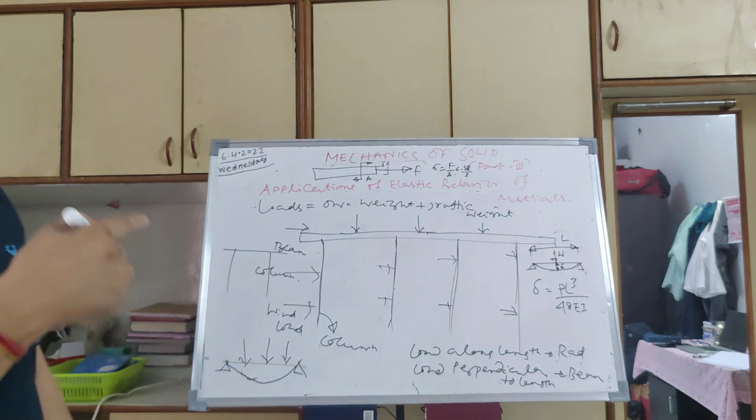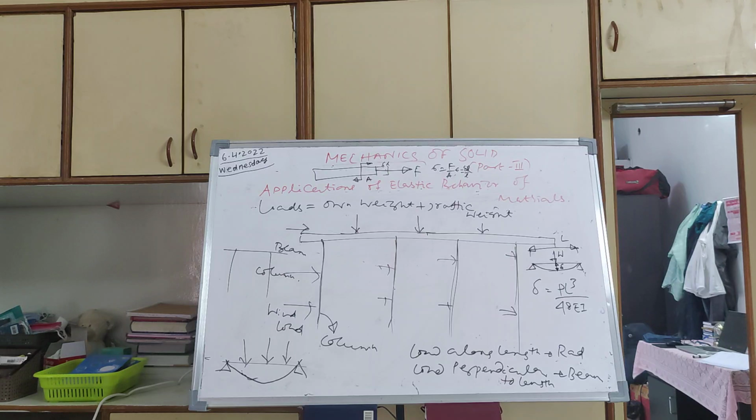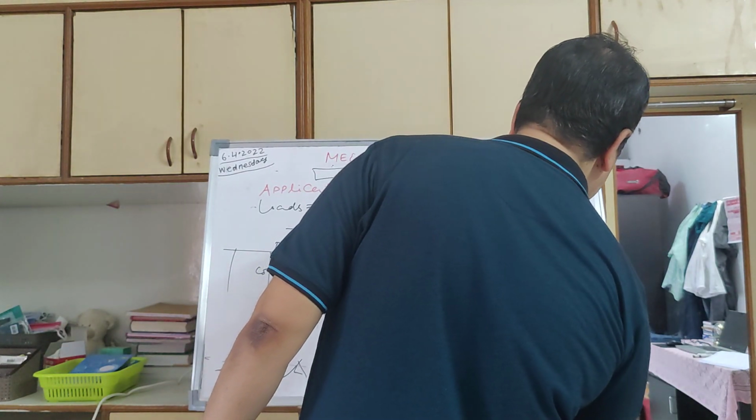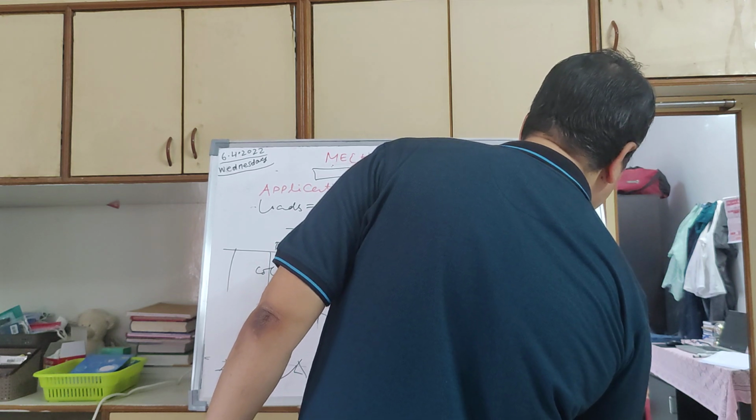That means if the length is more, it will deflect more. The deflection is directly proportional to L cubed. Deflection is inversely proportional to